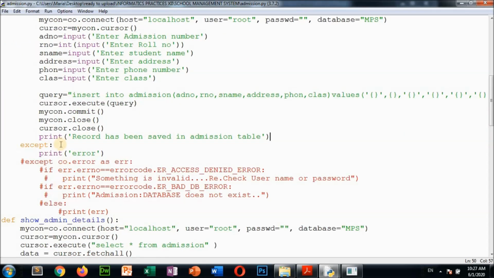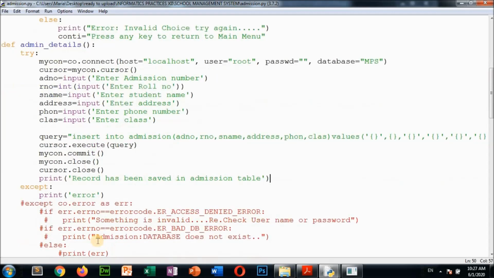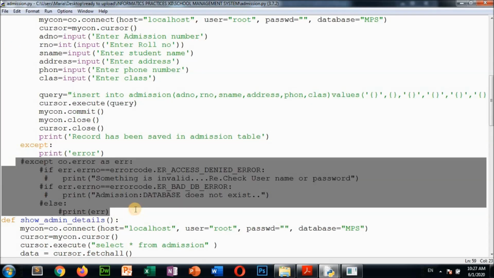After that, what to do? If some exceptional error may be there which you cannot find out, for that case we are using the try and except concept. Just think of it like if else. If no errors are there, this code will execute, and if any error is there, it will print the error. So now to write these lines.